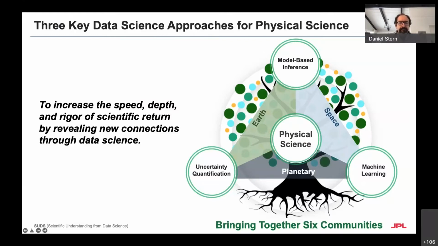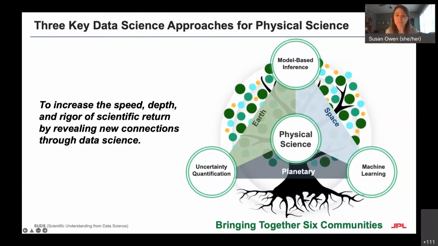Great, thank you, Daniel. Welcome. So welcome everybody to our first in the series of the SUDS seminars. I'm just going to give a quick overview of SUDS and then pass it off to our speaker for today, Lukas Mandrake. So just really briefly, SUDS, which stands for Scientific Understanding from Data Science, is a project that is